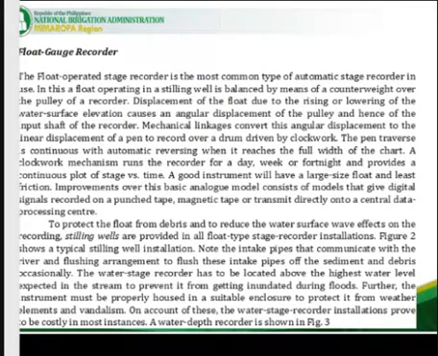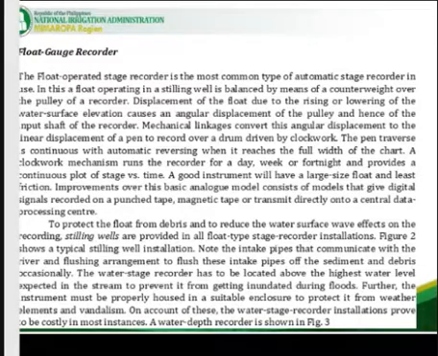To protect the float from debris and to reduce the water surface wave effects on the recording, stilling wells are provided in all float-type stage recorder installations. Figure 2 shows a typical stilling well installation. Note the intake pipes that communicate with the river and the flushing arrangement to flush these intake pipes of the sediment and debris